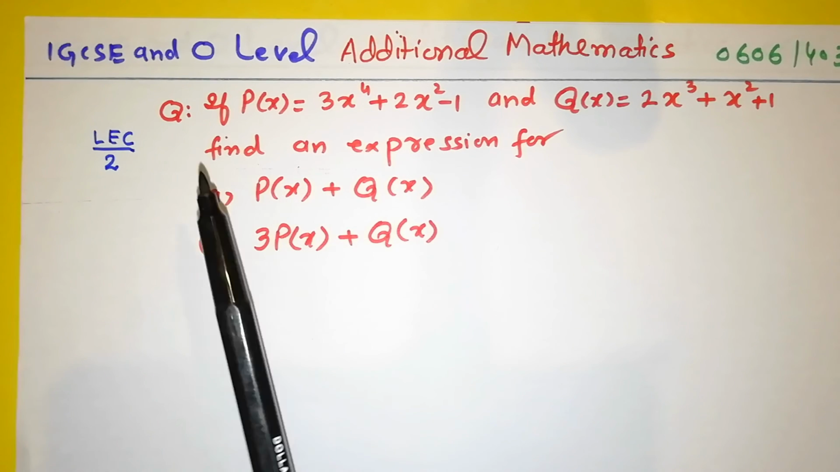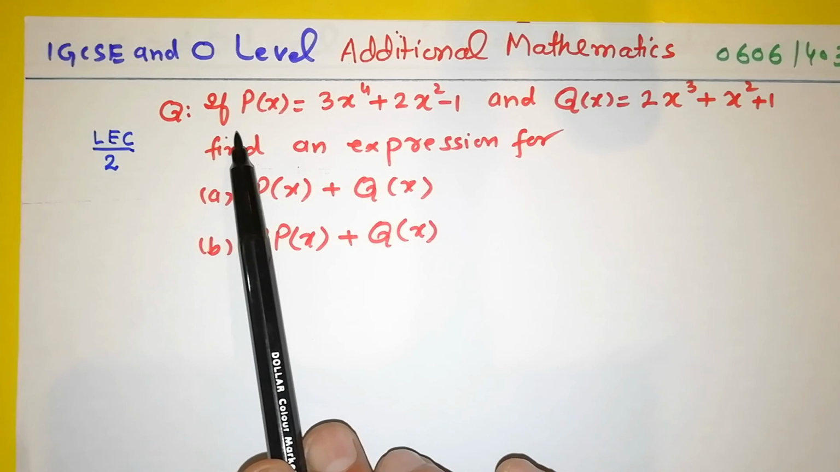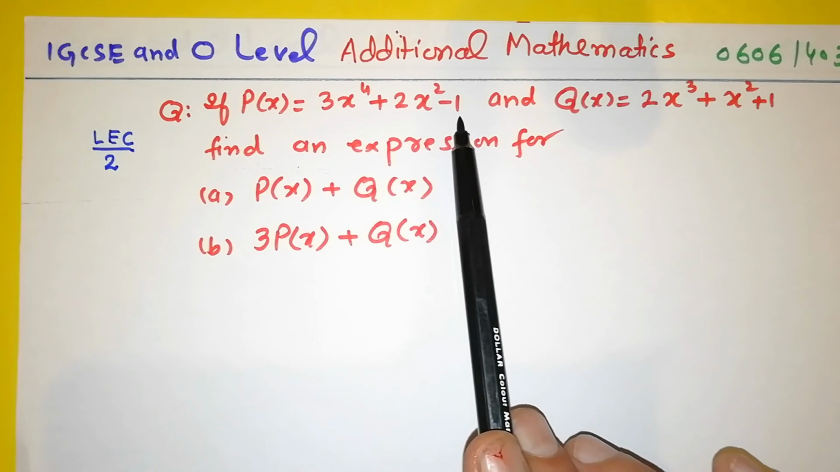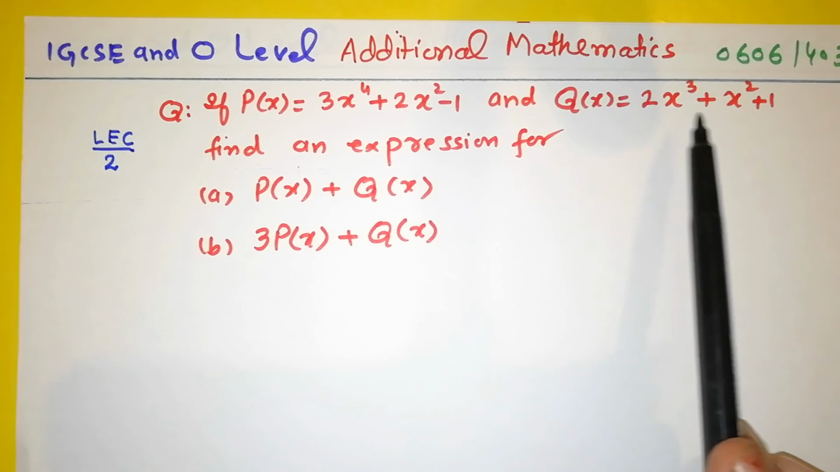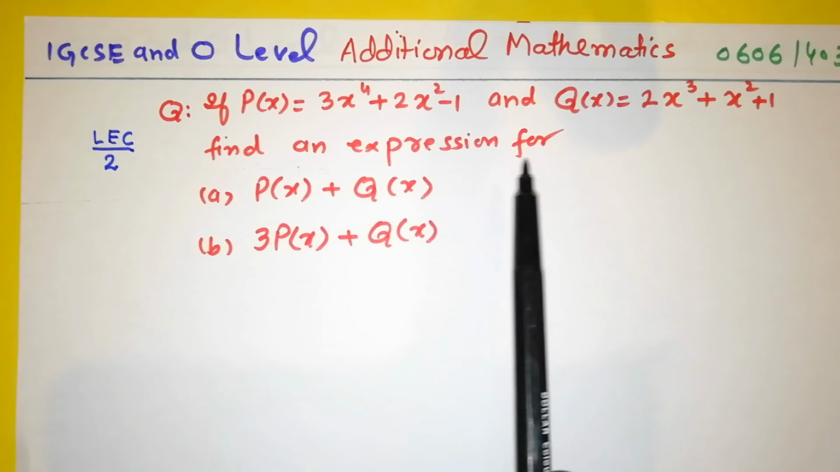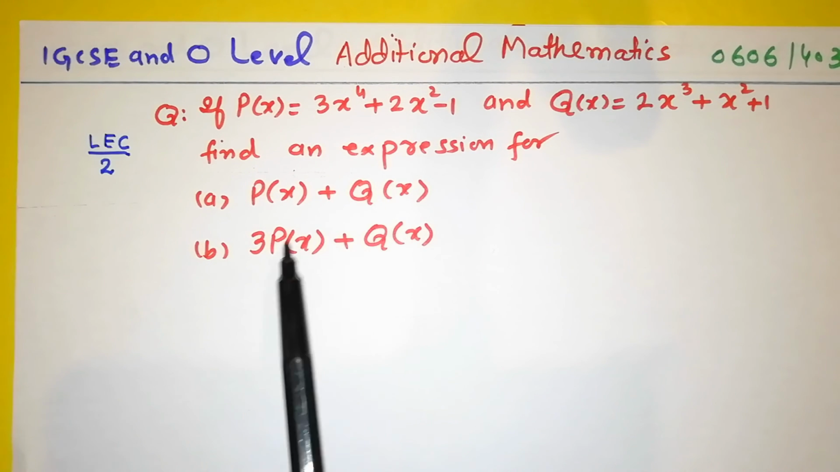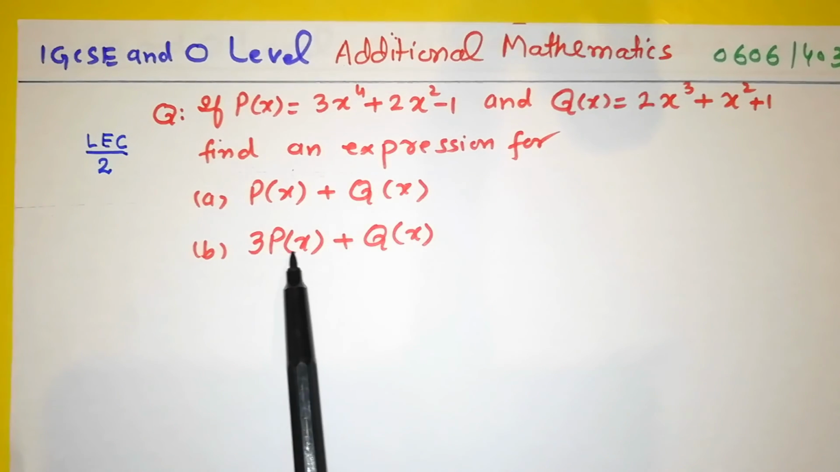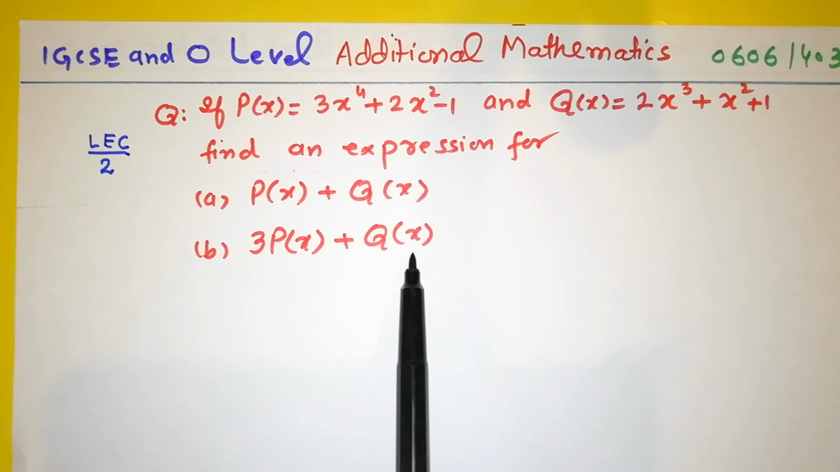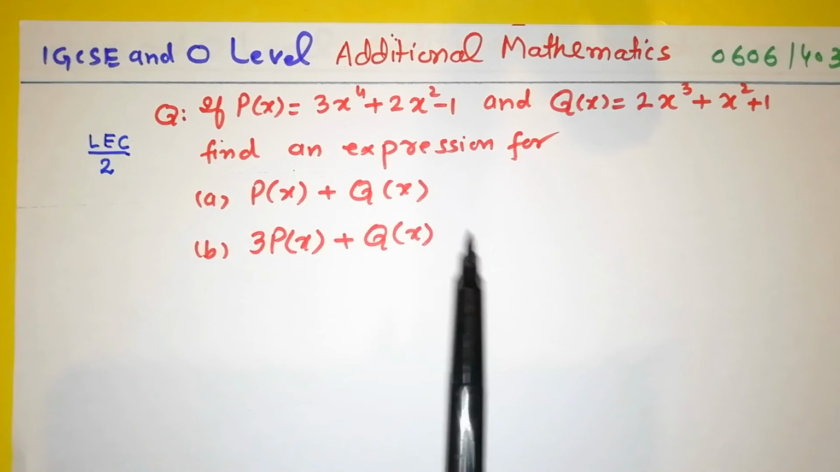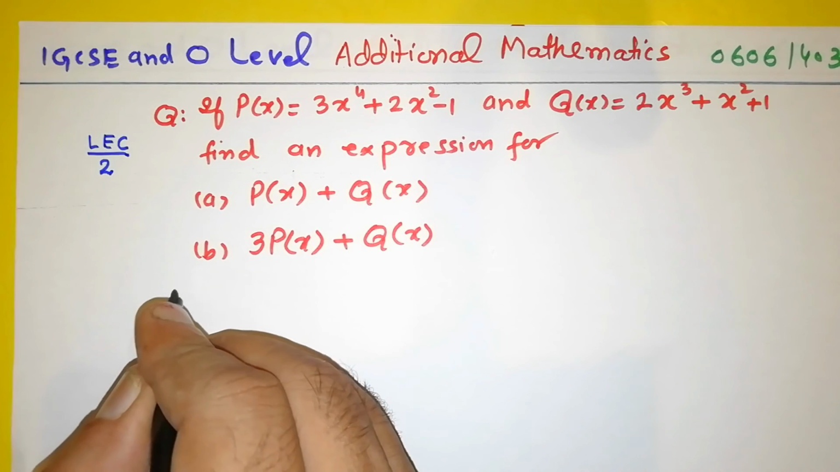Okay students, this is our lecture number 2. Question is given, if p(x) is 3x^4 plus 2x^2 minus 1 and similarly there is a polynomial q(x), find an expression for part A, this polynomial p(x) plus polynomial q(x), and then part B, 3 times of polynomial p(x) plus q(x). We have to find the expression for these two polynomials. So solution,